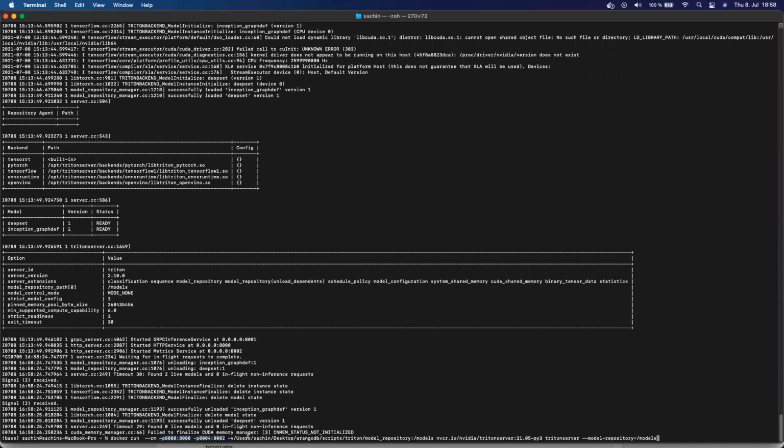Then, the minus V flag basically tells the Triton server where my model repository is. You can see that my model repository is placed over here. We provide this path, and then we map this path to this models variable. This is the basic syntax. Afterwards, we provide this variable to the model repository flag. So if I run this,